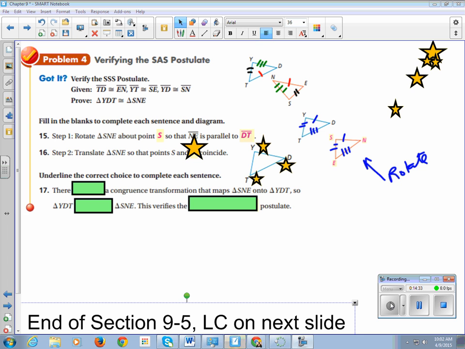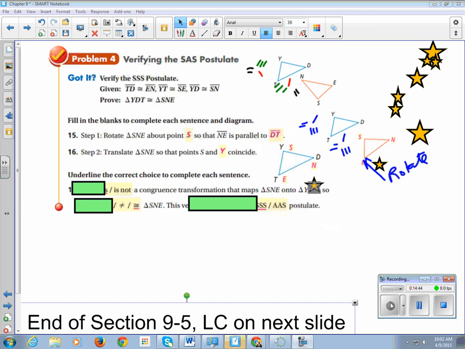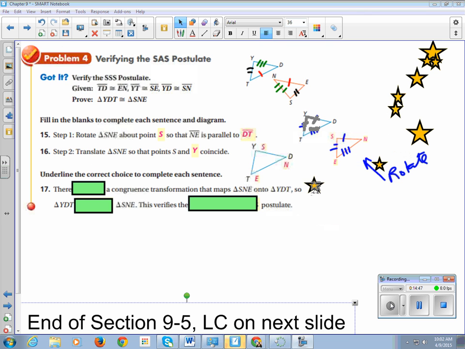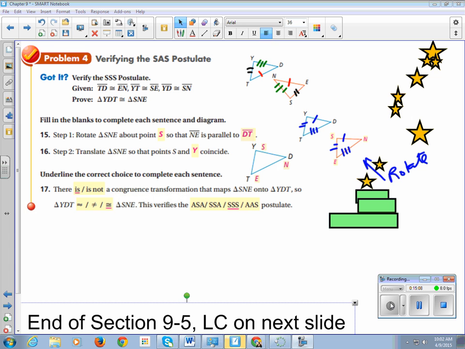Step 2, translate S and E so that points S and Y coincide. There it is. So that would mean E coincides with T and N coincides with D. Underline the correct choice to complete your sentence. There is a congruence transformation that maps triangle SNE to triangle YDT. So we can say that the triangles are congruent, and it verifies the side-side-side postulate. And that's the end of our